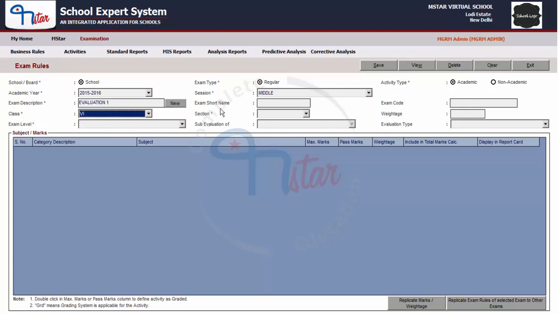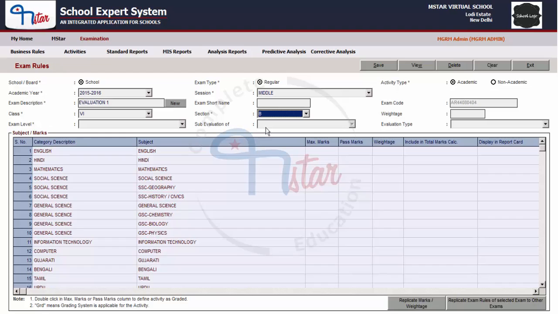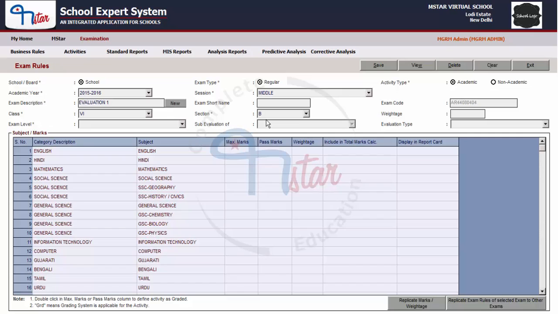Select a class, select the section, and it will display the same list of subjects as defined for the class section. Now the weightage is not applicable for the sub-evaluation, and in the next box, exam level, we will select sub-evaluation because evaluation 1 is considered to be a sub-evaluation of a main examination, unit test, that we created earlier. Since we have selected exam level as sub-evaluation, the next field, sub-evaluation of, is activated,